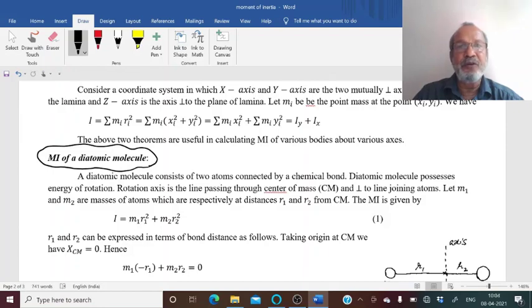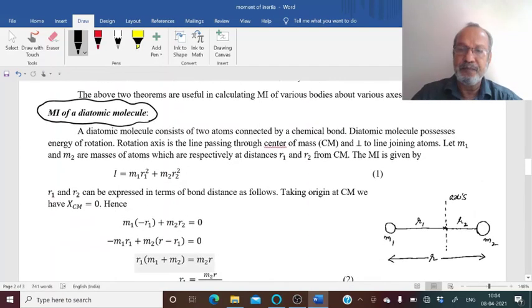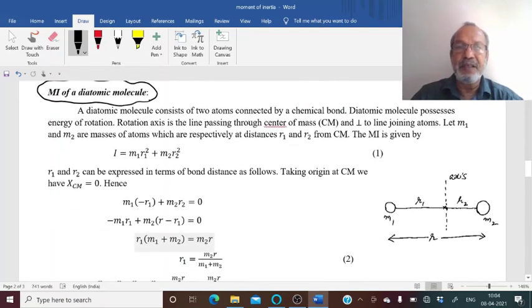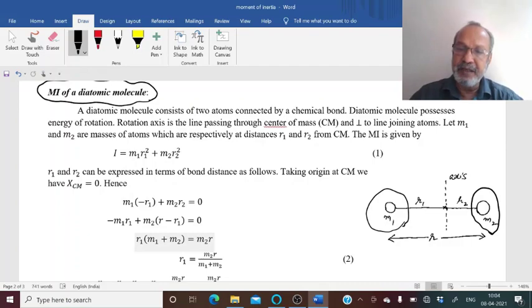It can be homonuclear as in the case of H2, O2, Cl2, etc. And it can be heteronuclear as in the case of carbon monoxide, HCl, etc. So we will consider the general case in which atoms are different. Here in this diagram you can see one atom is having mass m1, another atom having mass m2, and the bond length is this r,